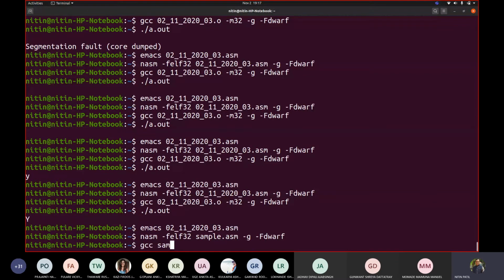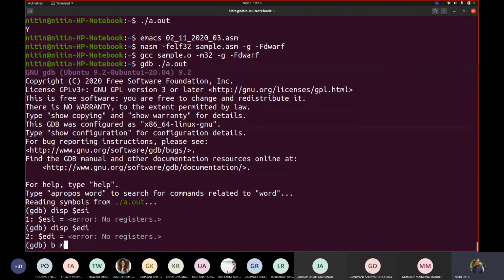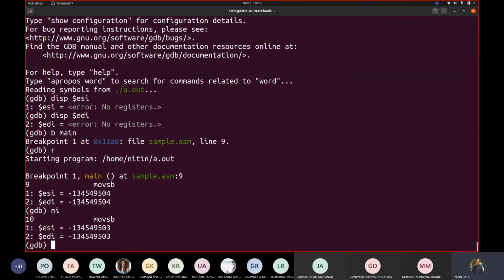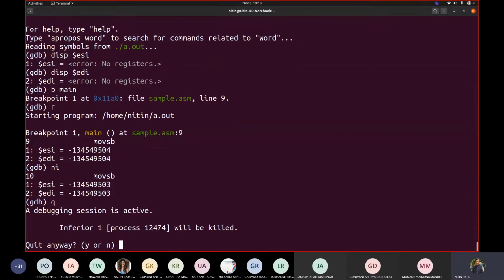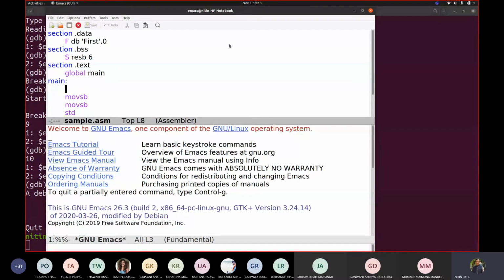So gcc sample.o -m32 -g -fdwarf, and now gdb, display $ESI, $EDI, and a breakpoint. We haven't given string values there, so we'll go back to our code, sample.asm. We haven't written ESI and EDI. So ESI comma the first string, and EDI comma the second.